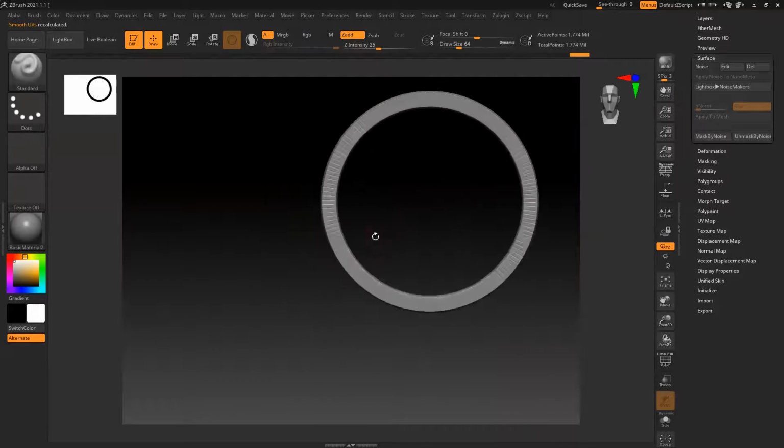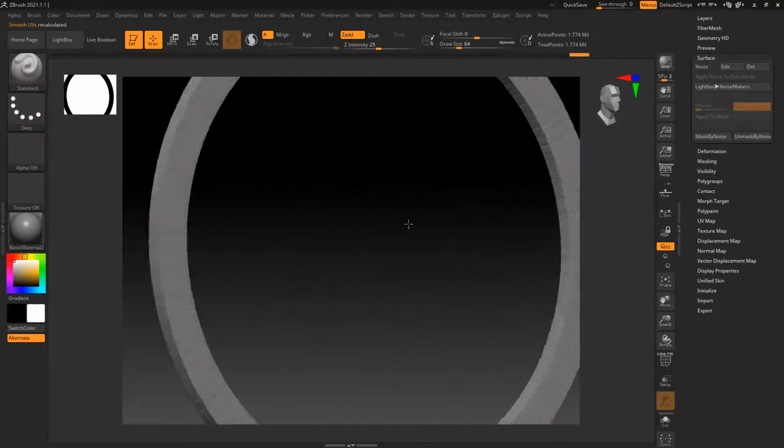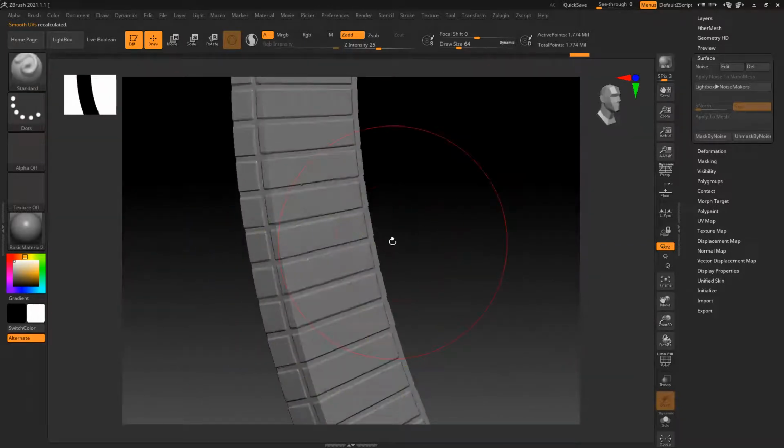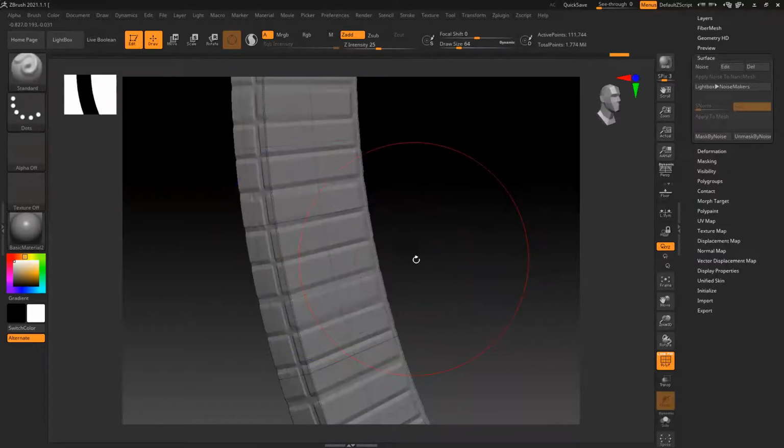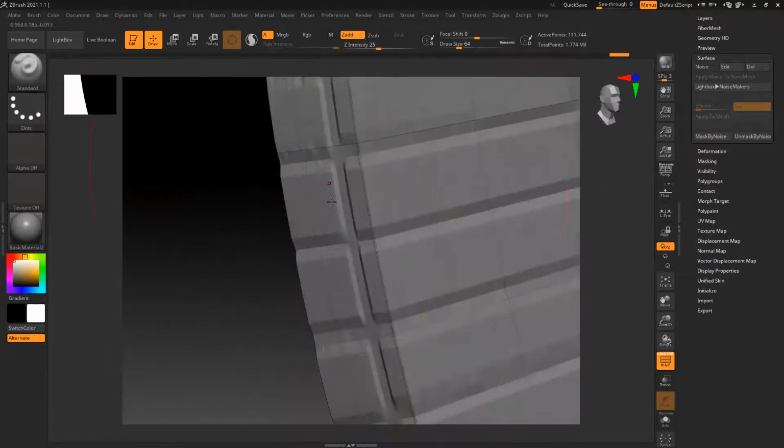Done. Now there are a few areas where you have this extruded section, right? So, shift F and check the polygon. Shift D, reduce the polygon. You can see this section.